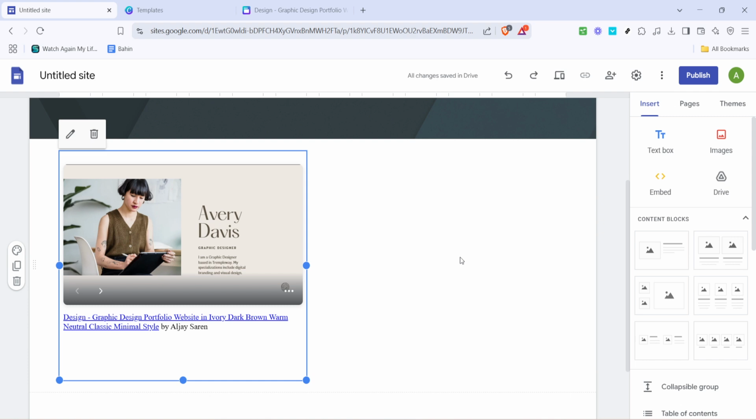By following these straightforward steps, you can harness the power of HTML within Google Sites and create a more dynamic,